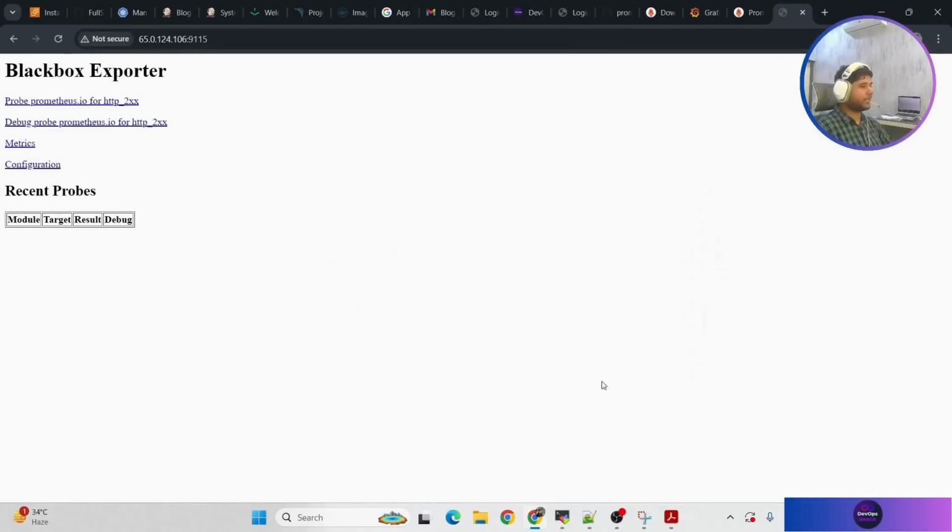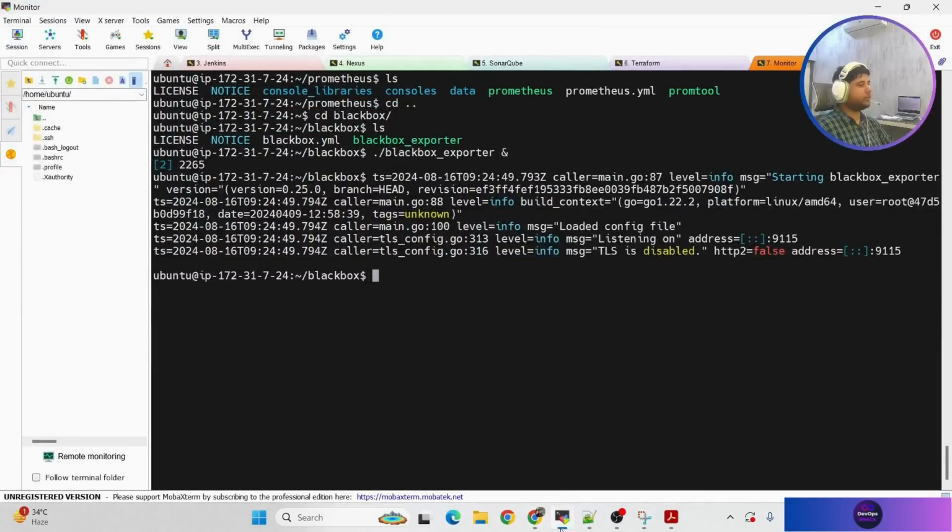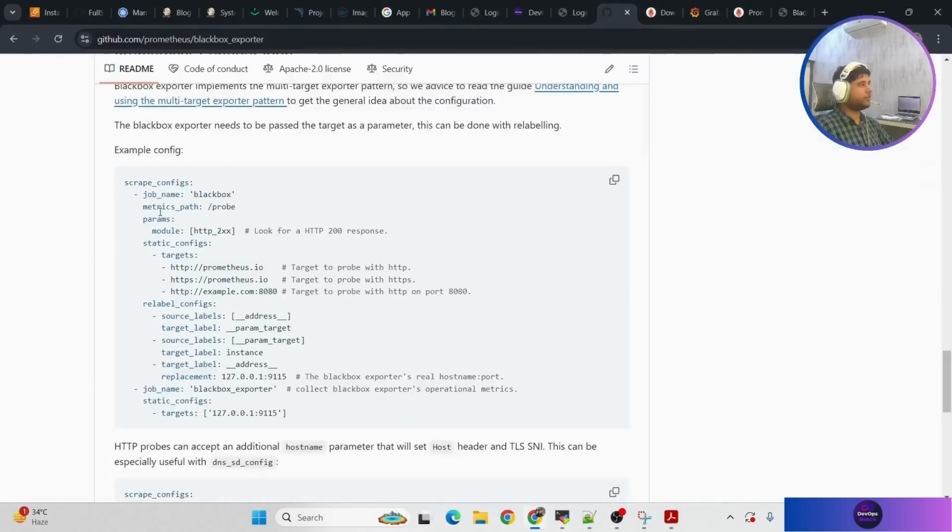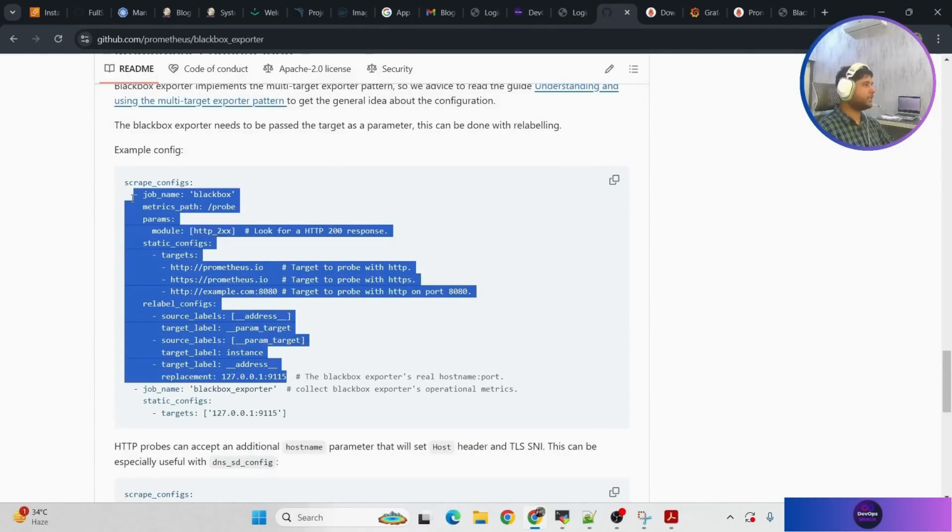So Blackbox is running, right? Next thing what we have to do, we need to go on a repository of this one. This is the Blackbox repository inside Prometheus. So what you have to do, you have to copy from here till job. Okay, copy that,